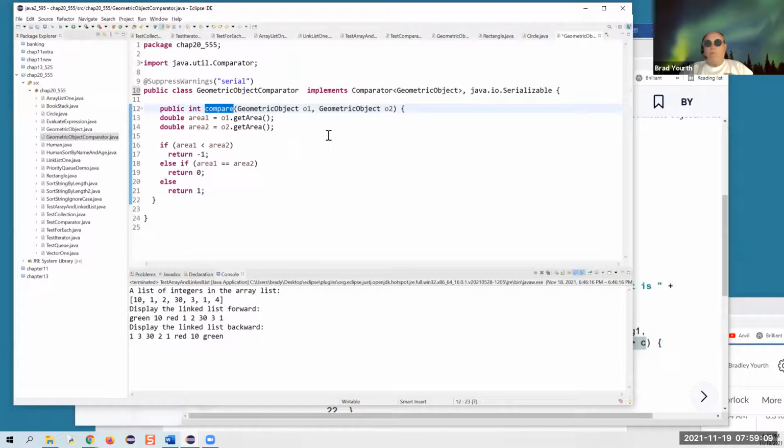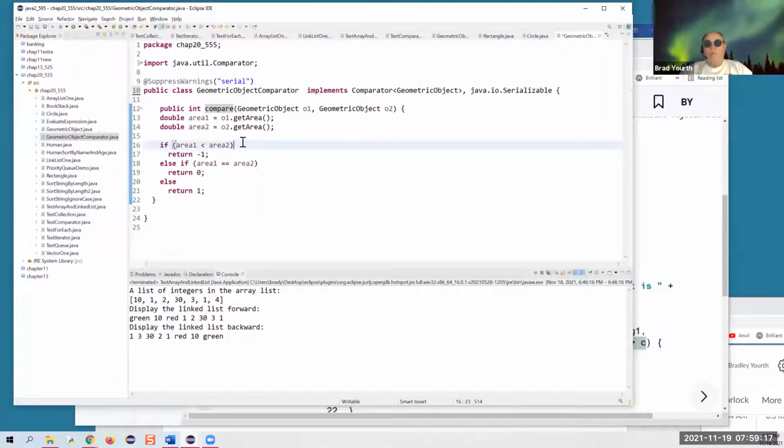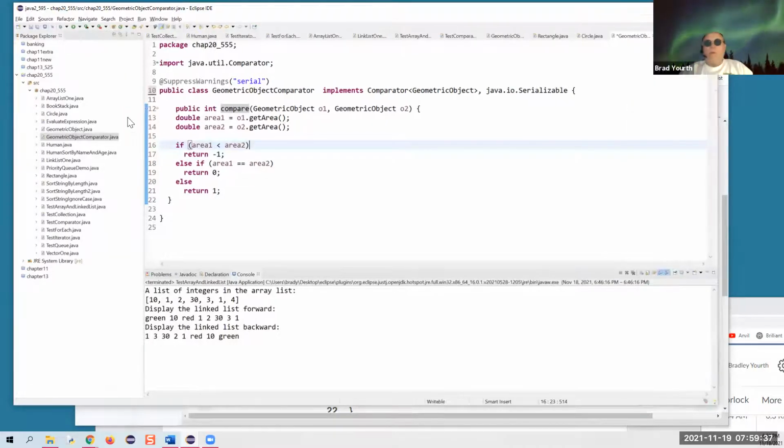And what we're going to do is compare our geometric objects by area. So we get the area of each one. And then as you can see, here's that familiar code, or at least I hope it's familiar, because it's what you did with compareTo. You have to return -1, 0, or 1. And that'll do the comparison. And now we can sort. Using this, we should be able to also sort. In the example that we're looking at, we're actually not doing a sort. We're just going to test geometric object comparator